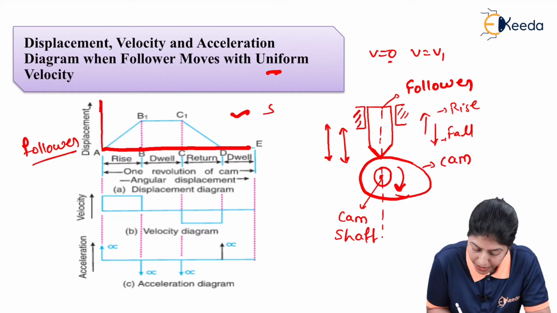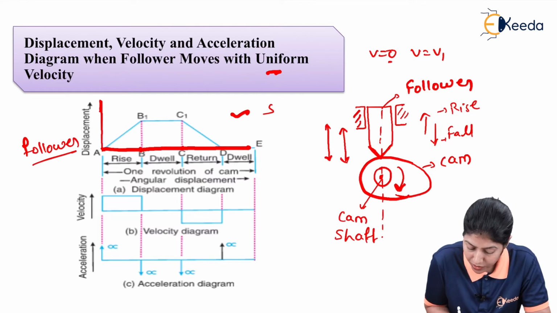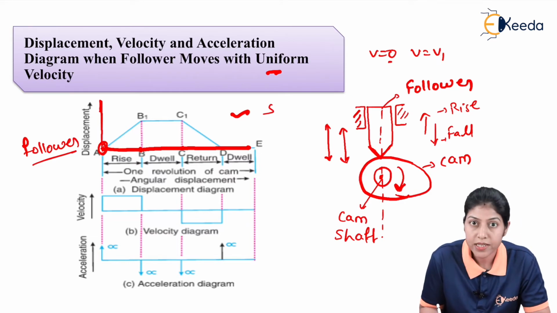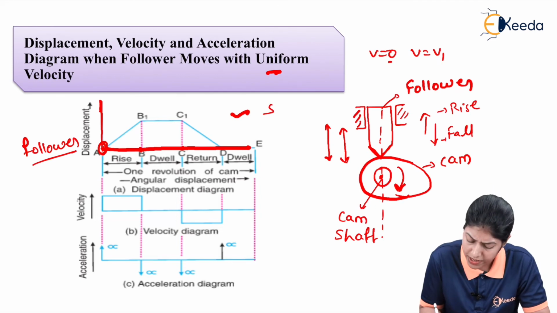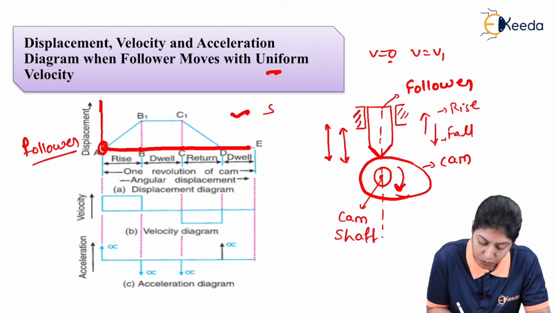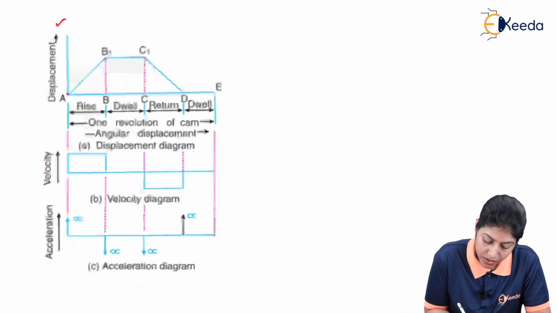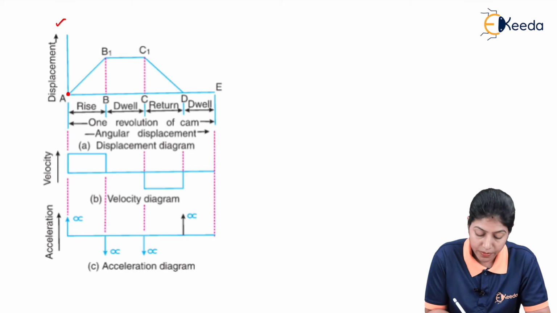So here I have divided A, B, C, D, E, this particular complete time which is representing the time required to complete one revolution of cam. So this point A is representing when the cam is not rotating and the follower is in rest condition. There will be no displacement, or this cam is not starting. Here the cam is not in motion. In that condition follower will be in stable condition. So this point A is representing the point of rest. Now this particular point is representing zero displacement at zero time, when cam is also not rotating and the follower is not having straight line motion.